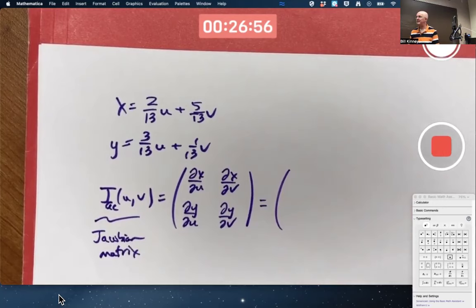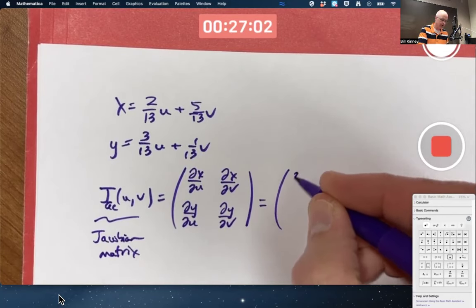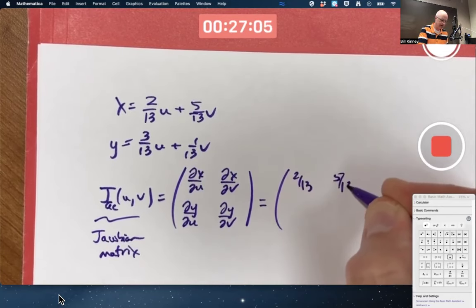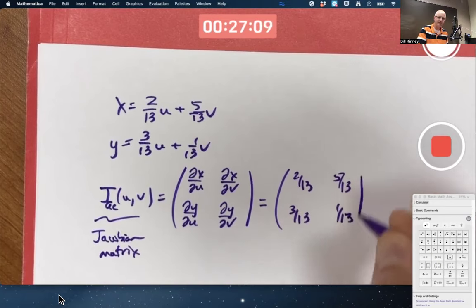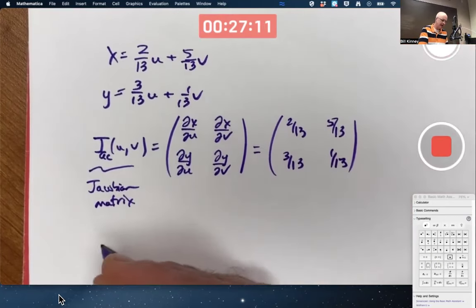In this case, it does happen to be a constant matrix because these derivatives are all constants. 2/13, 5/13, 3/13, 1/13. The Jacobian determinant,